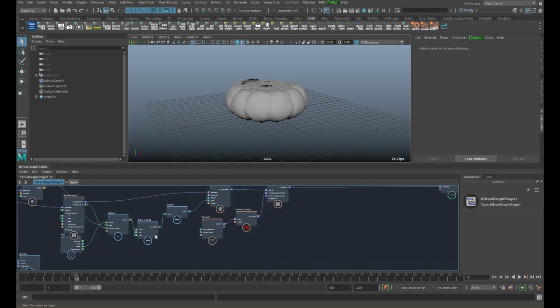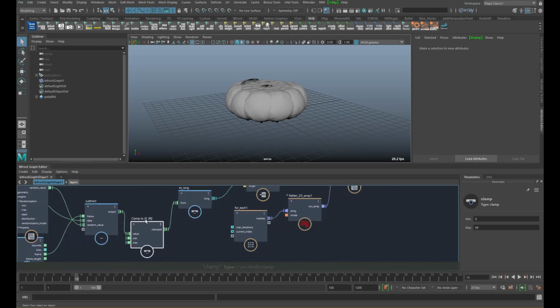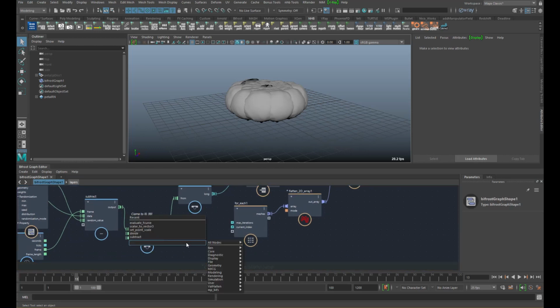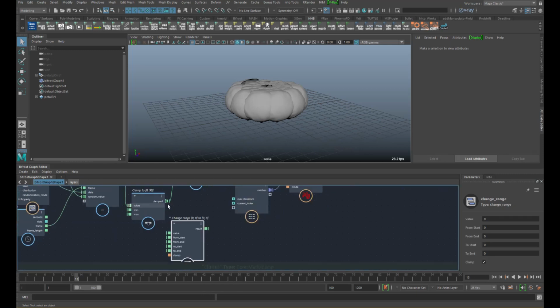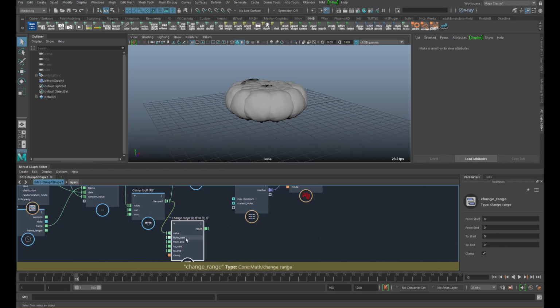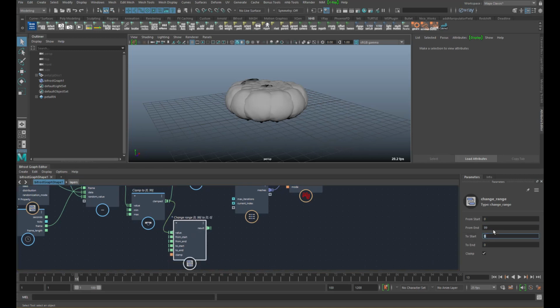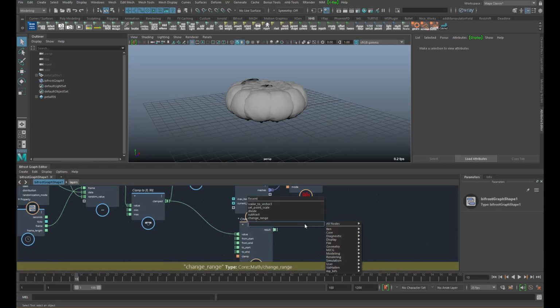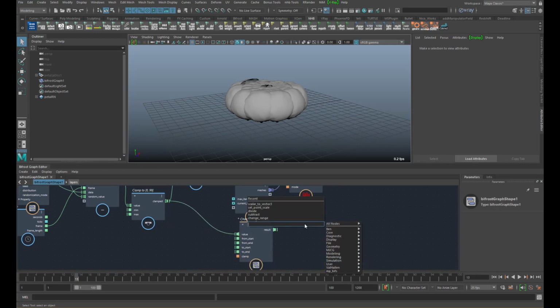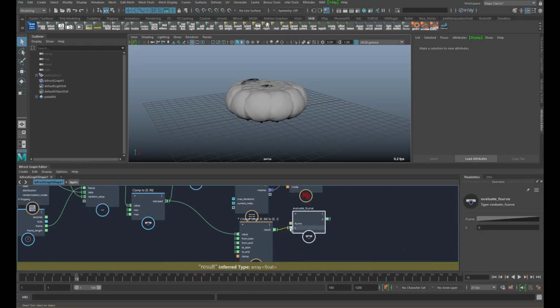So we do have an animation cache from 0 to 99, and if we're working with scale, we might want to be in a range of 0 to 1, so we just normalize it with a range node. So it's 0 to 99, the output should be 0 to 1. And then we can make use of f-curves to get some more intricate control.